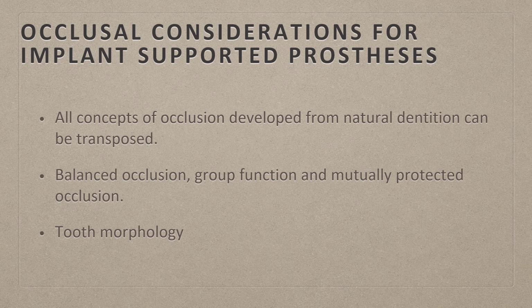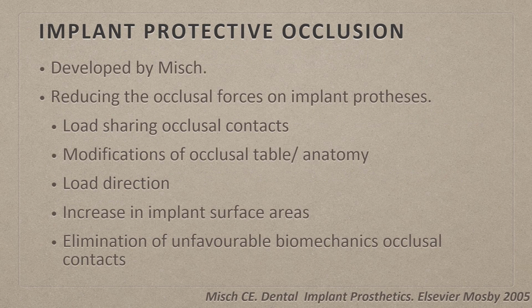This is because axial loading can be well distributed along the implant bone interface, and the cortical bone can resist the compressive stress favorably. Implant protective occlusion is developed by MISH. It helps to reduce stress to the implant interface, including no occlusal interferences, influence of surface area, mutually protected articulation,